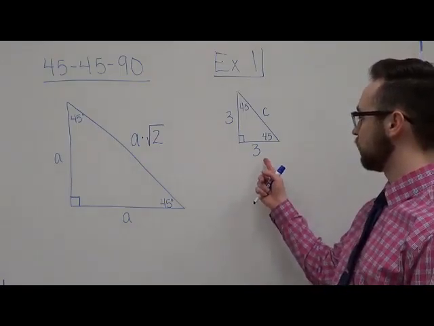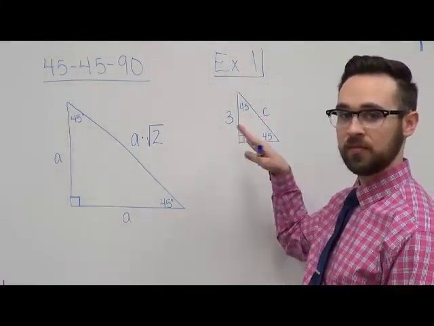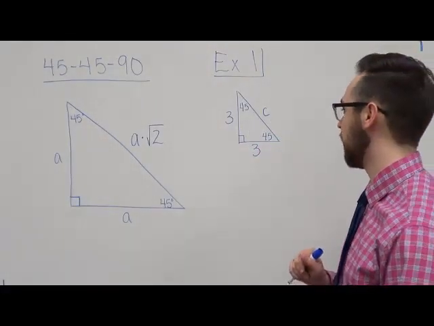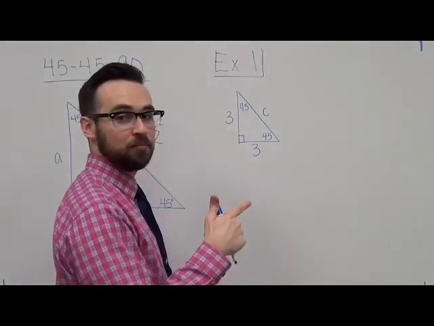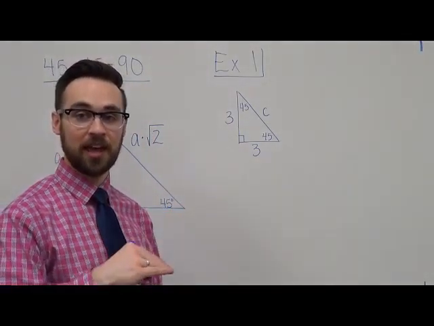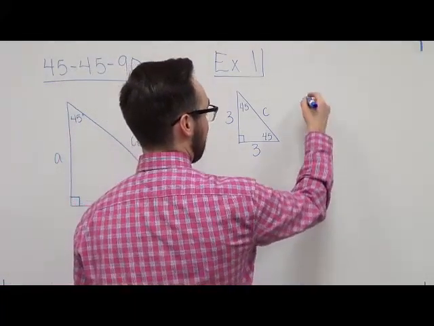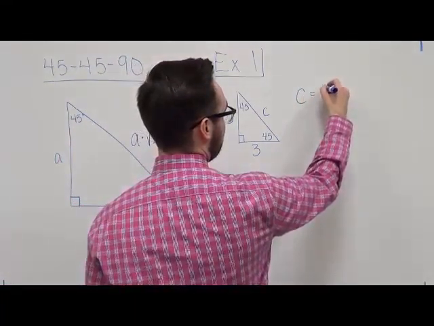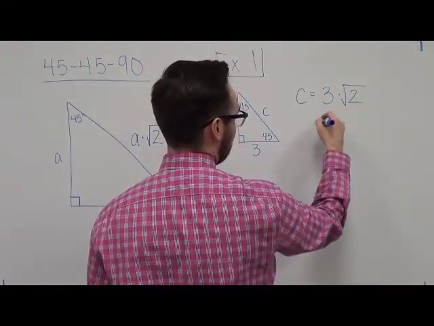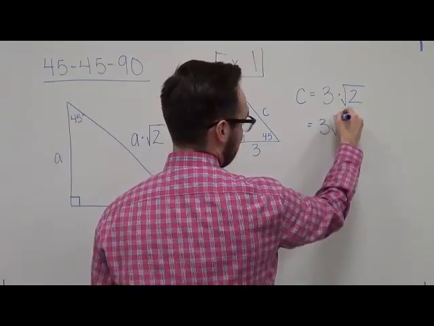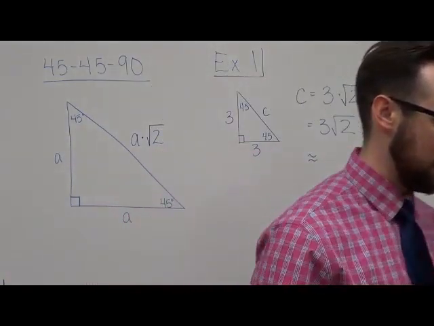Now, you could do 3 squared plus 3 squared is equal to C squared, add them up, take the square root and do it that way. Or we could just say, I know the relationship between a 45, 45, 90 says the leg times the square root of 2 gives me C. So the hypotenuse, C, is equal to the leg times the square root of 2. You could just leave that as 3 square root of 2. If you wanted to multiply that out,